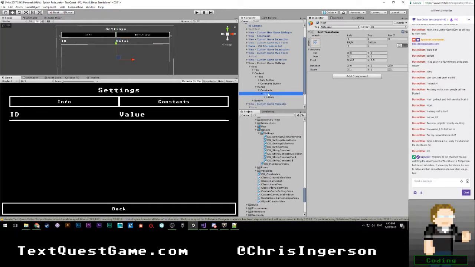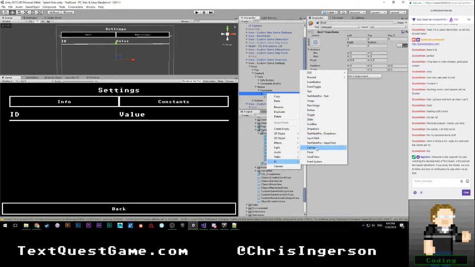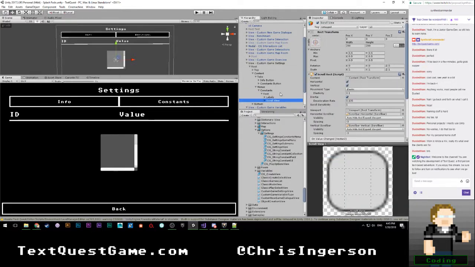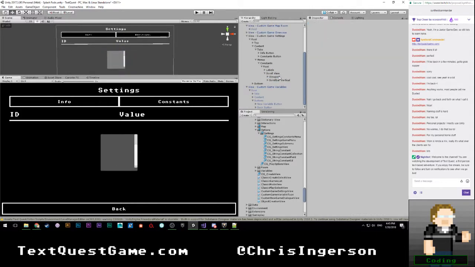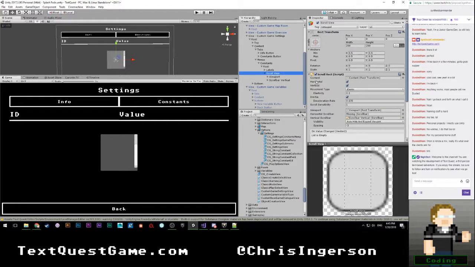Okay, so now we're going to want to get onto our fields. So I'm going to go ahead and say create scroll view. This is where things get fun. So we don't need the horizontal scroll bar because we don't do that. We're going to go ahead and change horizontal. We'll do auto hide and expand. That's fine for now. Actually, you know what?